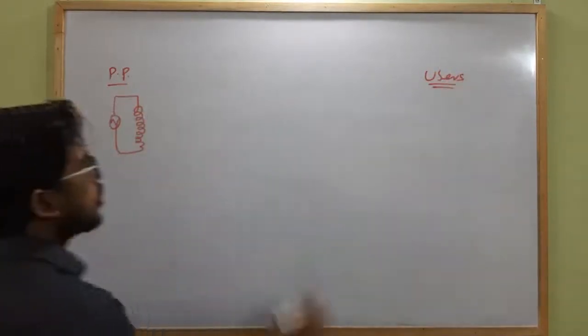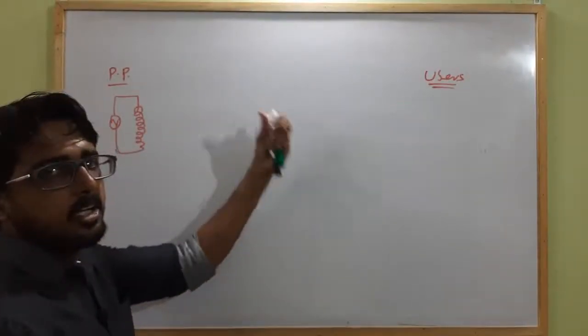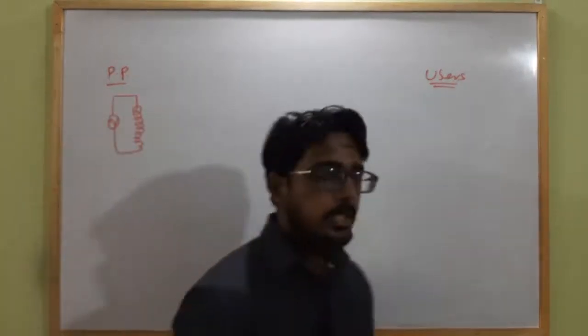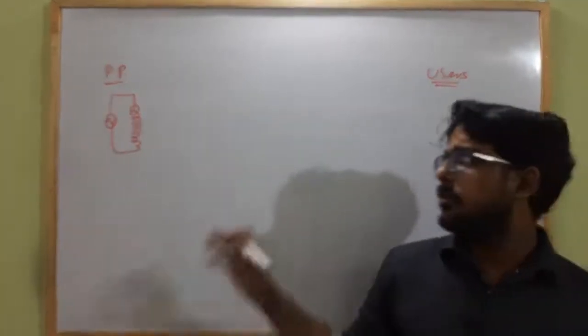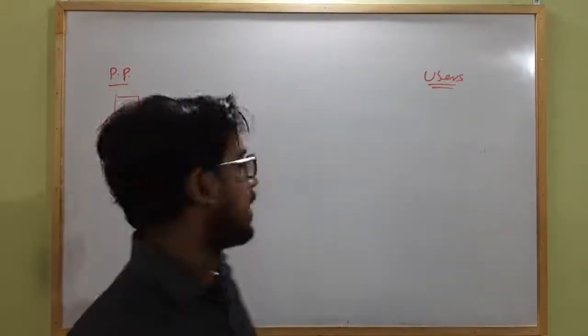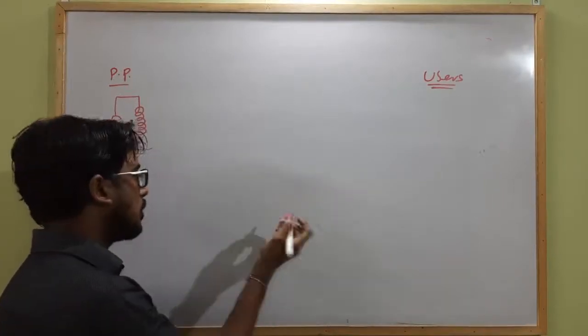So we have to use... it's a very long distance, in the form of some kilometers, 100 kilometers or 1000 kilometers. So how do we transmit alternating current through the transmitting wire without a significant loss of energy in it? As we already know, when current travels through a resistor or connecting wire, there will be some energy loss